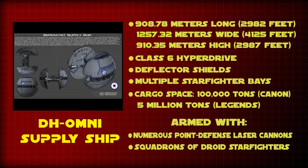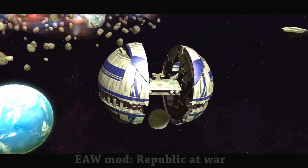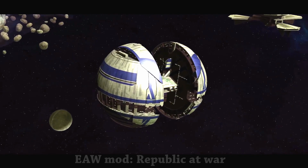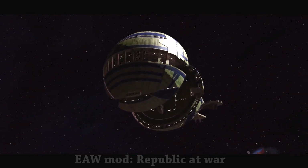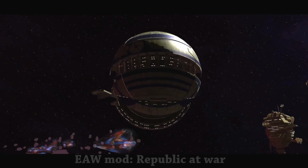It didn't have a very large crew for so large of a ship, housing droid hangar crew members, a few droid pilots, a droid commander, and several battle droids that served as loading crews. The ship was originally a commercial vessel and served as a heavy transport for goods across the galaxy, but was repurposed for the Clone Wars to support droid forces and organics, as well as act as a mobile starfighter hangar